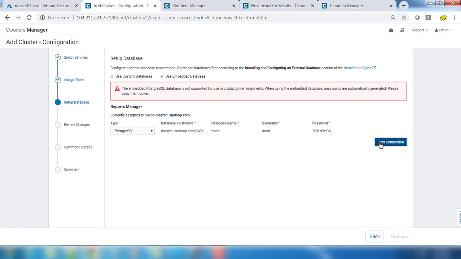So here it's using the default database, so you can just hit on this test connection to verify that connection is working, and also make a note of these credentials like username and password and on which host, on which port this is running. So we are using this custom embedded DB for this, and go ahead and hit continue to proceed further.